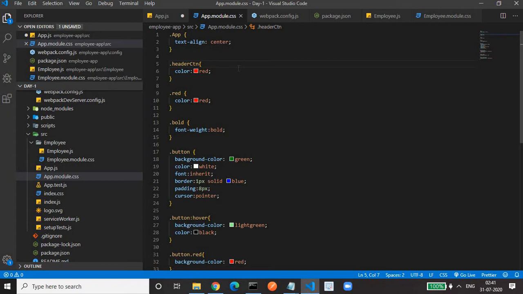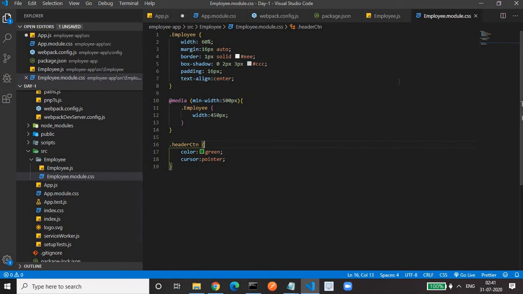So now the requirement is whatever CSS we defined here, we want to scope to this app component, and whatever CSS we defined there, we want to restrict to the employee component. We don't want this CSS to be globally applicable. How can we achieve that?